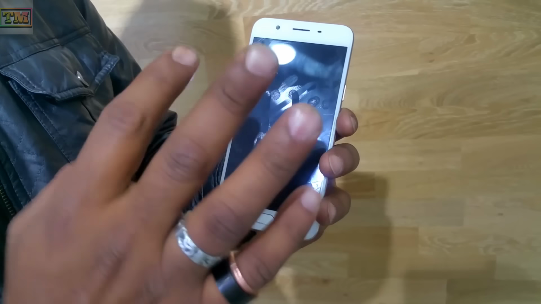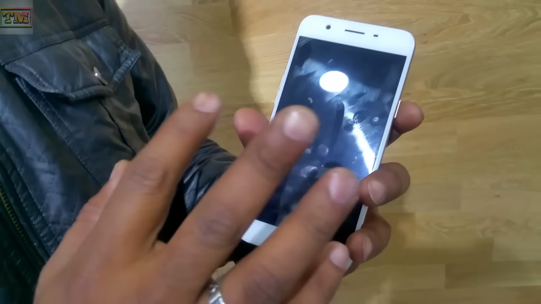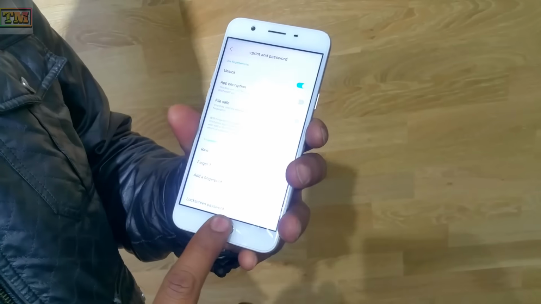So guys, previously I already told about fingerprints, how to set an individual finger for your application, unlock or call or open any app. Now there is another feature in Oppo F1s. This is called gestures and motions, also called the off-screen gesture. How to set, remove or modify, I'll show you. Here is the phone. There is no off-screen gesture set right now, so firstly I need to set it.